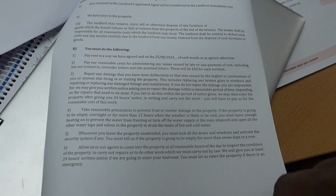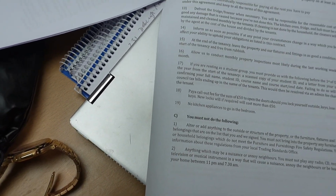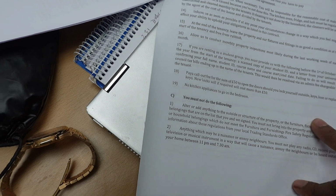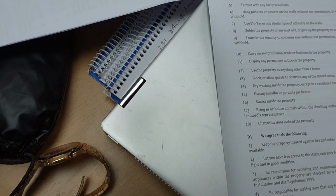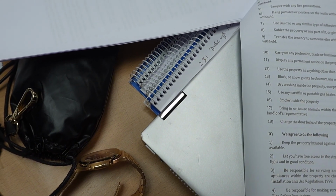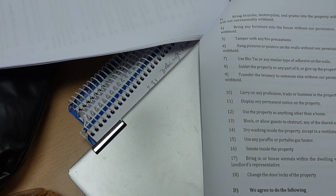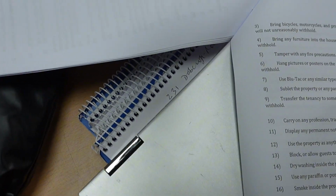Whereas you can miss it on the screen, isn't it? Yeah. So you need to physically tick it. And this is, you know, when you're renting off a landlord and they give you something, literally have it physically and go through it and tick every single thing. So like, you know, they might say something here with